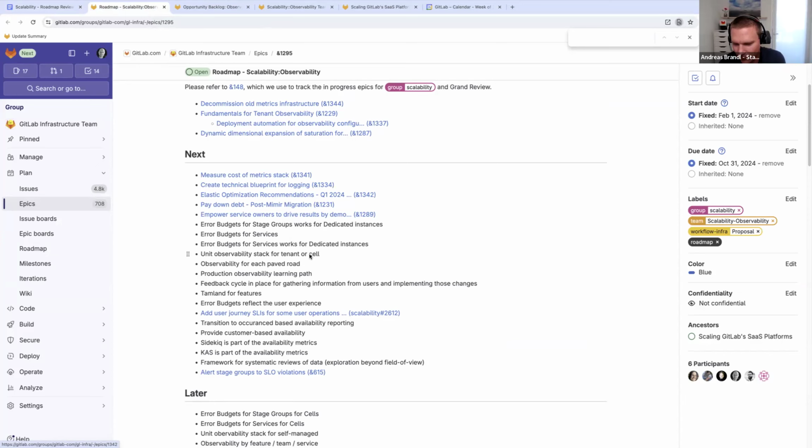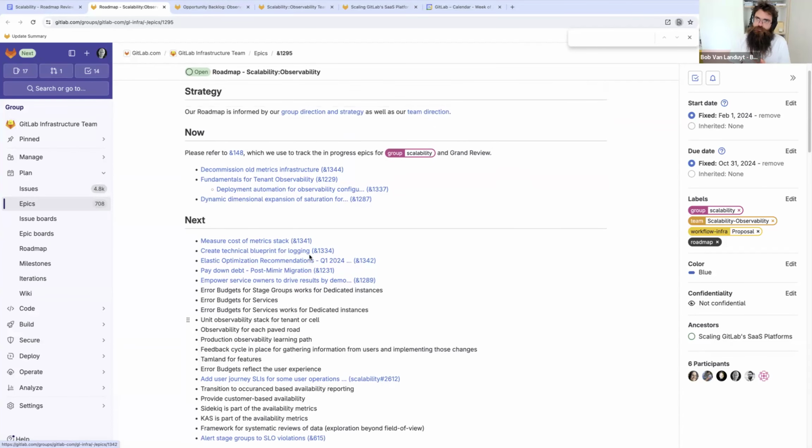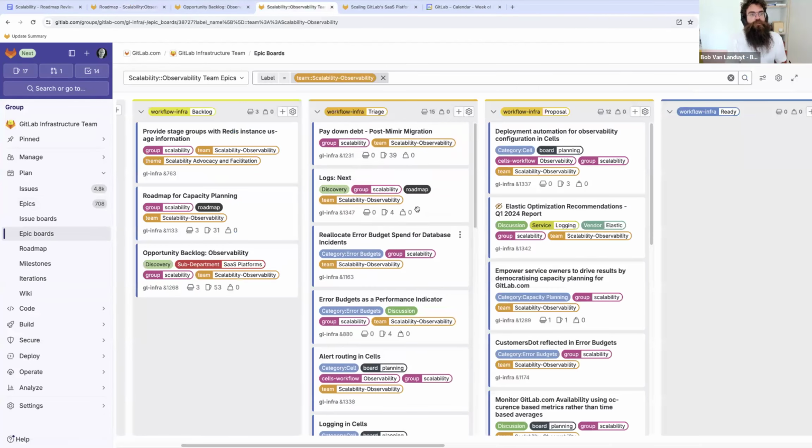But I like to think that for the proposal stage, it needs to have an owner somehow, right? Someone needs to pick it up and work on that and detail the proposal, or find the right people to do that. But in the DRI sense, that's what we used to do. When something was in triage, you were on triage rotation, and you said, okay, I'm now going to look at this issue or epic or project. You assign it to yourself, write a bunch of stuff, and then if you were the one that wrote a bunch of stuff, you wouldn't be the one that would move it to ready, because it needs to be clear for anybody to work on. So that's how that process used to work.